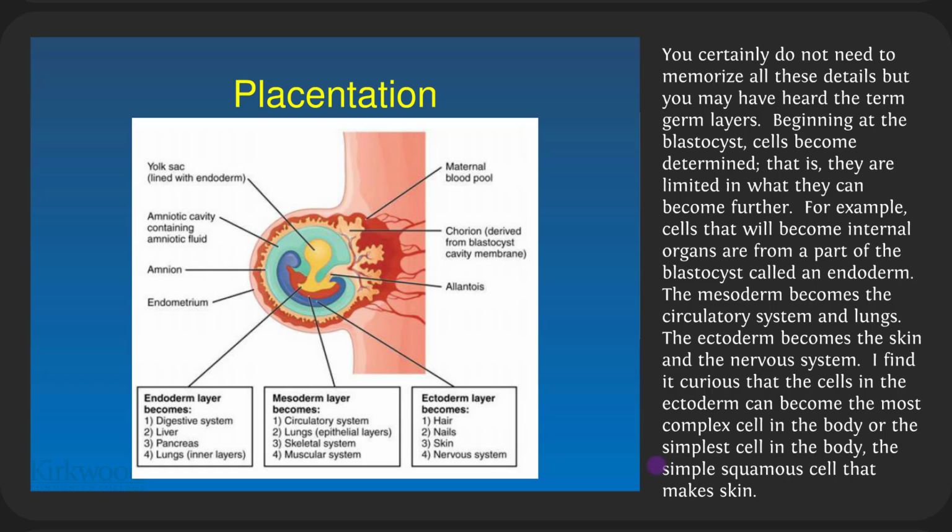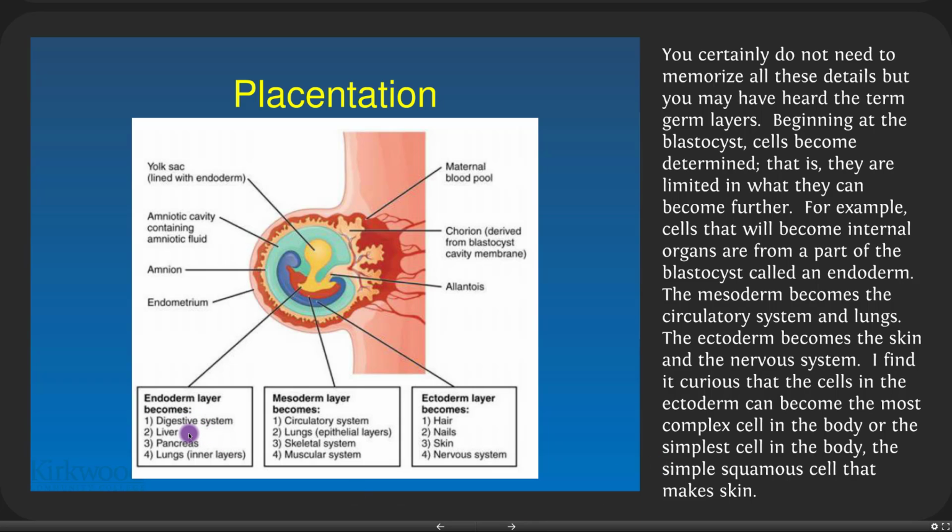You certainly don't need to memorize all these details, but you might have heard the term germ layers. Beginning at the blastocyst, cells become determined. That is, they're limited in what they can become further. So, for example, cells that would become internal organs down here come from what's called the endoderm. The mesoderm becomes the circulatory system and lungs, and the ectoderm becomes the skin and the nervous system. So once you've reached past the determined layer, a cell is kind of in one of these buckets and